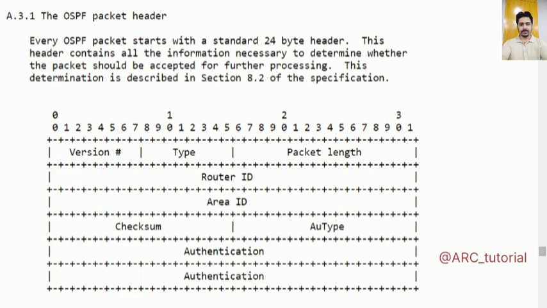Here inside this OSPF header, checksum will be used. Checksum will be used for security reasons only, kind of a hash value, right? The next is authentication type. And you know very well that OSPF supports multiple types of authentication, such as